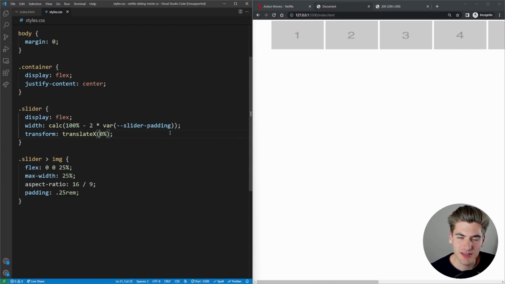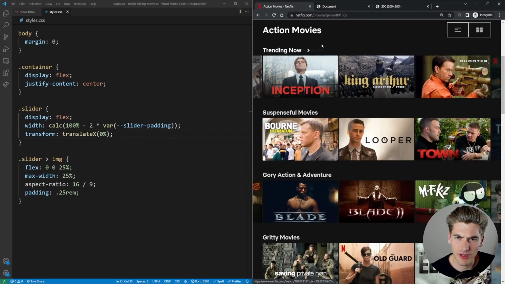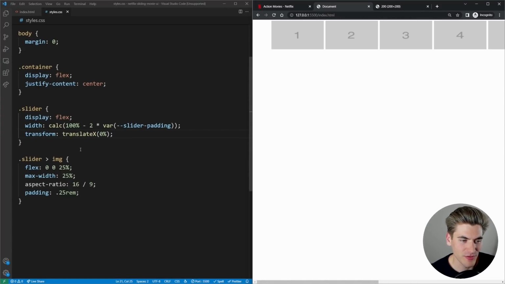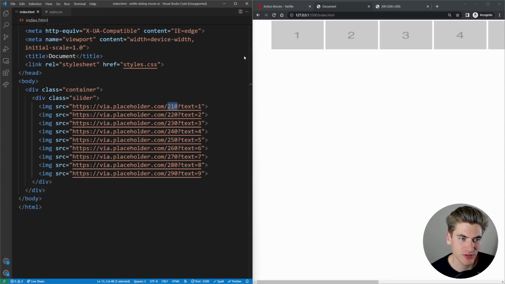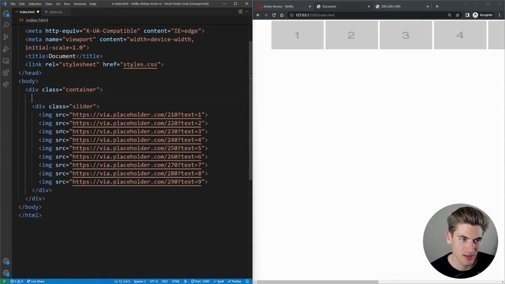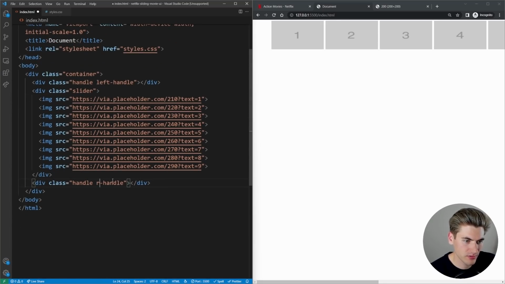The next thing that we're going to need to do is, let me think here. So we have our images. We need to create the actual left and right arrow content that's going to show up. So let me think of the best way to do that. I wonder if we can do it with just a before and after. Probably not, though. That might be a little difficult. So inside of our container, let's do it inside of our container. What we could do is say, this is going to be handle, and this will be the left handle, and this one will be the right handle.